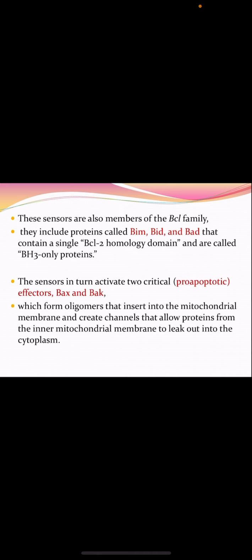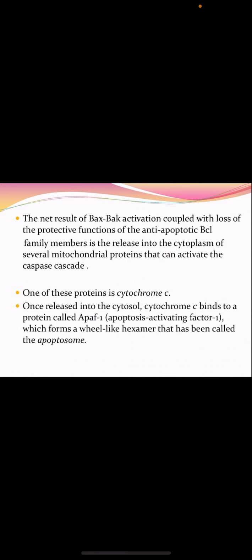The sensors in turn activate two critical pro-apoptotic effector molecules. What the sensor molecule will do is, once the cell is under stress, it will activate pro-apoptotic effector molecules like BAX and BAK, which form an oligomer that inserts into the mitochondrial membrane and creates a channel that allows proteins from the inner mitochondrial membrane to leak out into the cytoplasm. The net result of